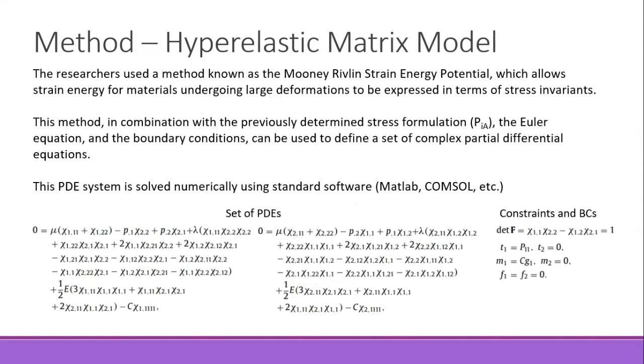Then moving forward, that model was reduced using the Mooney-Rivlin strain energy potential method, which allowed the researchers to use that representation of strain energy and derive it in terms of stress invariance. Again, a reference back to what we've done in ME551. So using those two methods, along with the Euler equation and the boundary conditions, the researchers were able to back